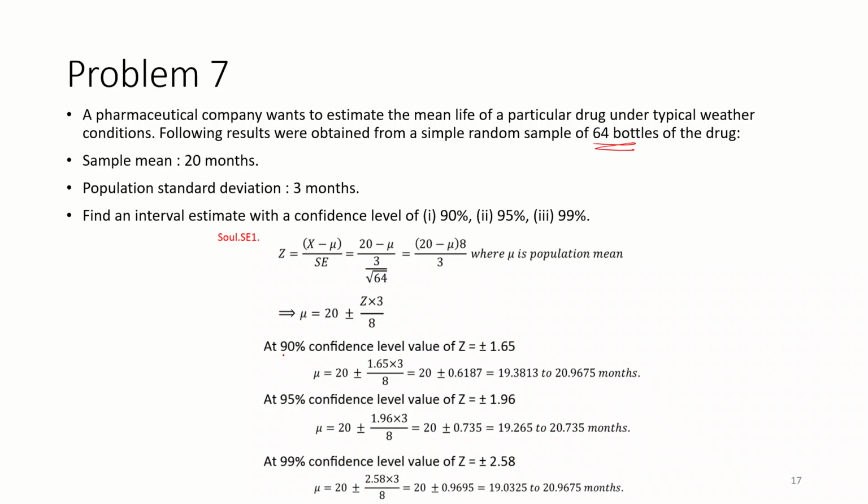So now we have to find it for the different confidence levels. So we have got this equation. From this equation, now we have to add the different z values. So 90% will have a different z value, 95% will have a different z value, and 99% will have a different z value. You see in the z table, find 0.9, and then you can write the z value here. Upon that we can get whatever the range it is lying in.